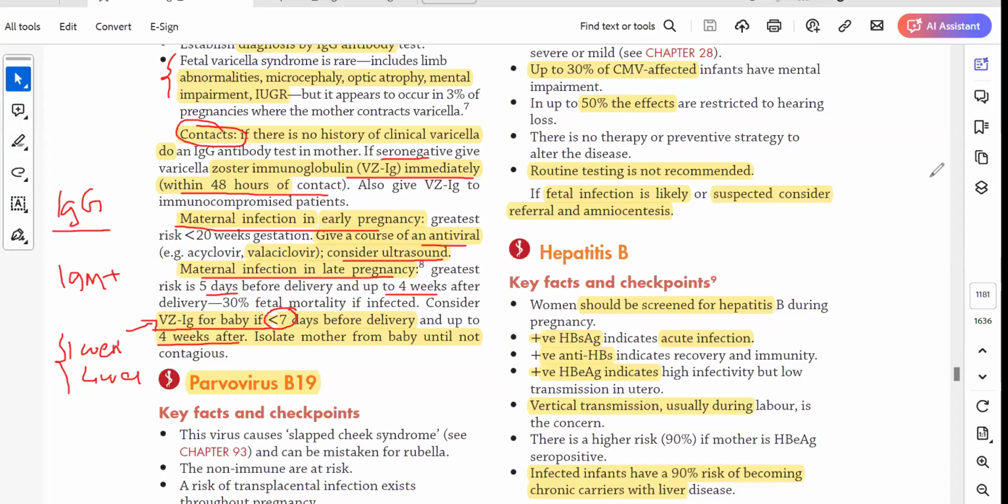And rubella screening is done for every pregnant patient in the first trimester. We will discuss the pre-pregnancy care just after this chapter, and you will see that for every pregnant patient, in the first trimester blood test, we check the rubella status. But for other patients, it's just after contact.